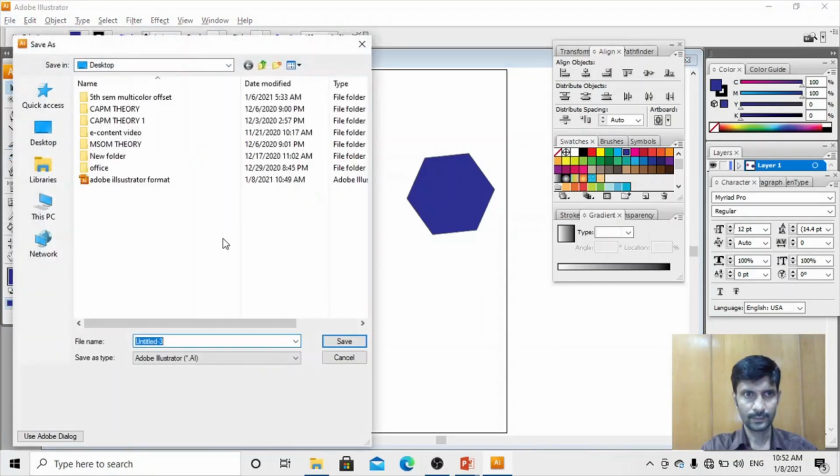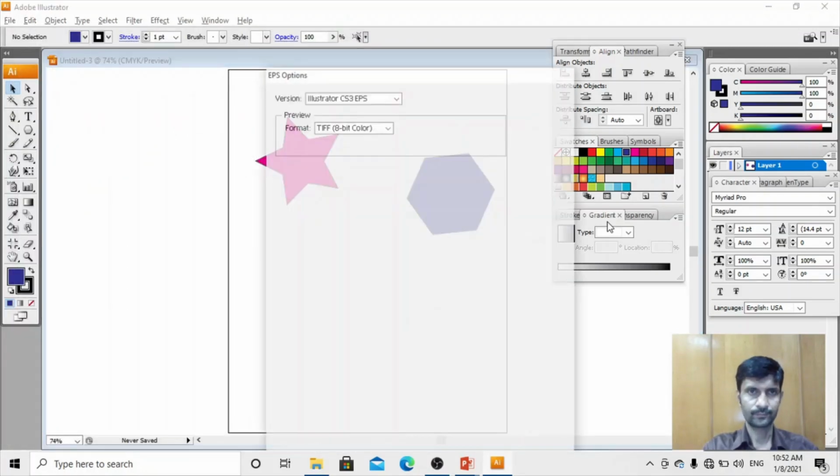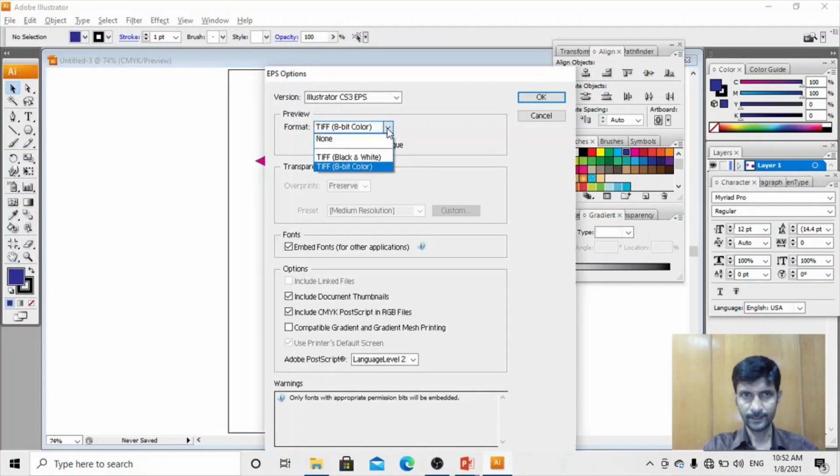Save as Adobe Illustrator EPS, EPS file format. Save on desktop. It may ask for 8-bit or black and white. Normally, if you want color, then you have to make it 8-bit. Click OK.